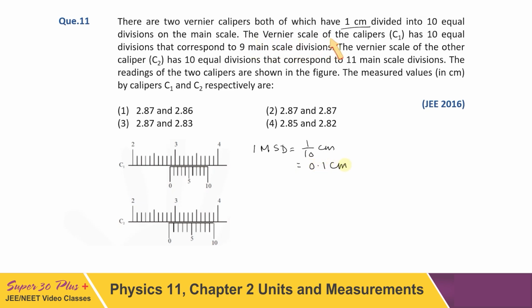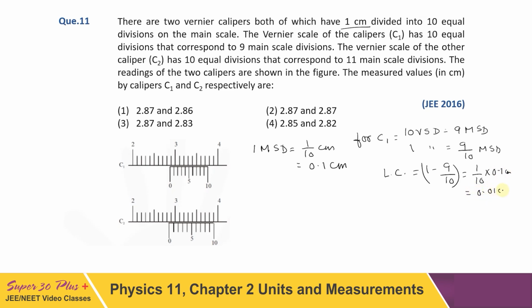The vernier scale of caliper C1 has 10 equal divisions that correspond to 9 main scale divisions. So the least count for C1 equals 10 VSD coinciding with 9 MSD. Therefore 1 VSD would coincide with 9/10 MSD, and the least count is 1 minus 9/10, that is 1/10 MSD, and 1 MSD is equal to 0.1 centimeter, so it is equal to 0.01 centimeter. The same value you would get for C2 also, but the only difference is that for C2